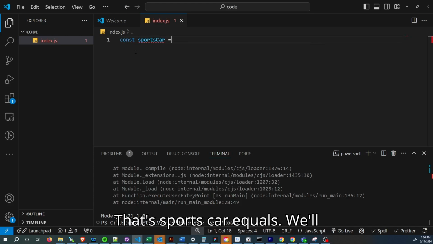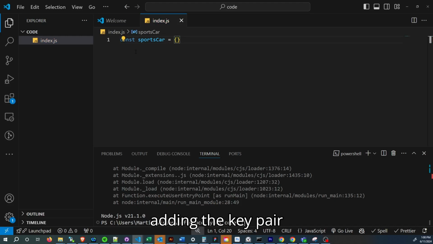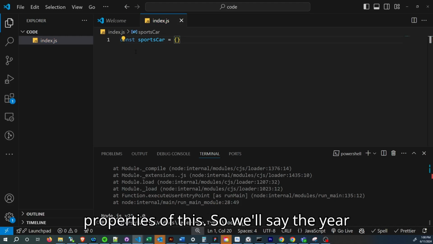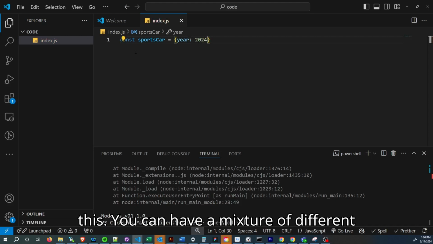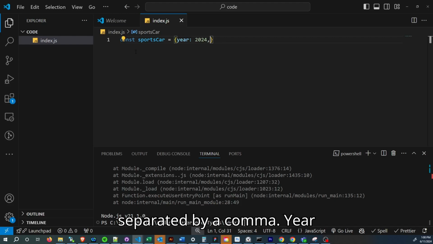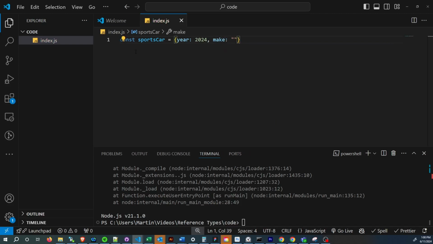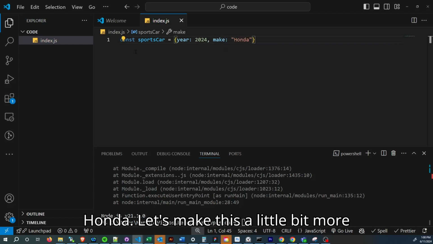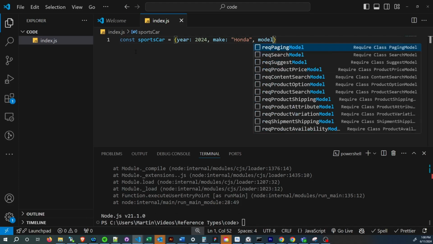sportsCar equals, we'll use curly braces, and then we'll start adding the key value properties of this. So we'll say the year, colon, and we'll use a number for this. You can have a mixture of different types, and it's separated by a comma. Year 2024, let's say make equals Honda. Let's make this a little bit more realistic towards the author of this video. And let's make the model a